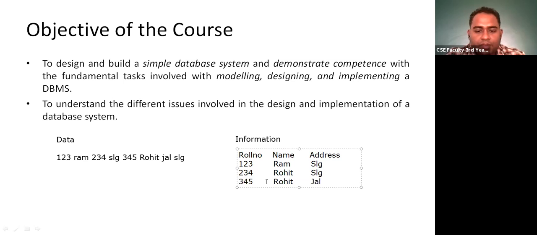Okay. Is it clear to you all? So these are some data. This is basically a few lines. And this is data. So data in a computer can be anything. It is not like data has to be only 0 and 1. Data can be anything, whether it's a video, an audio, text, graphics, anything in a computer is data.